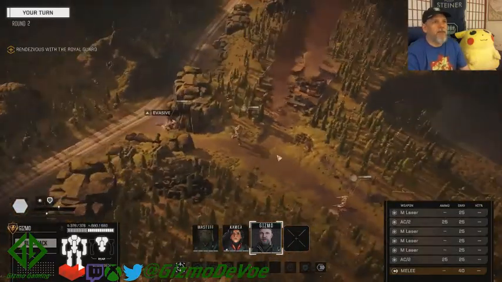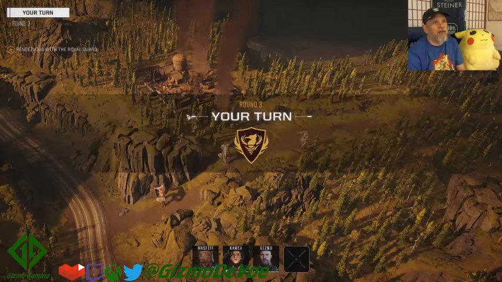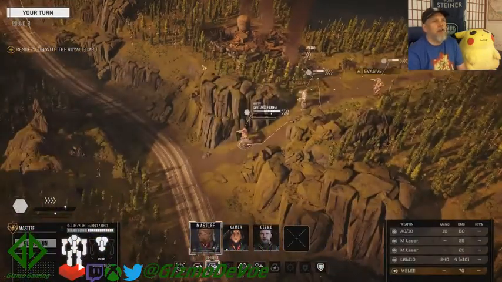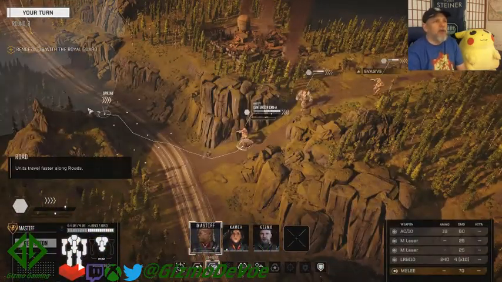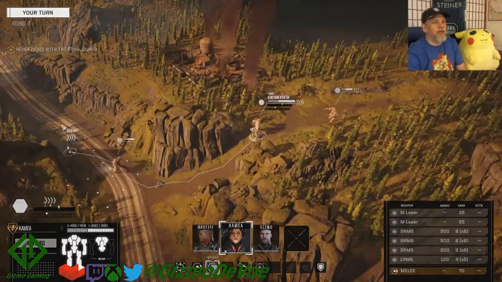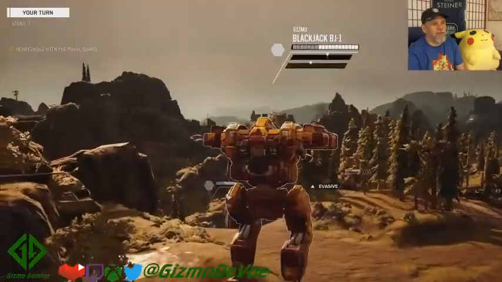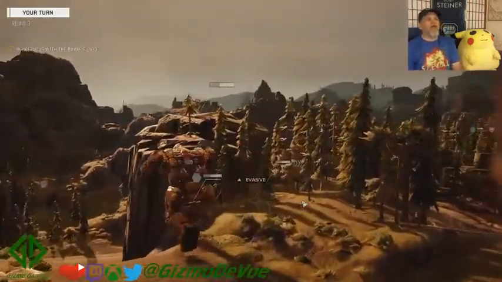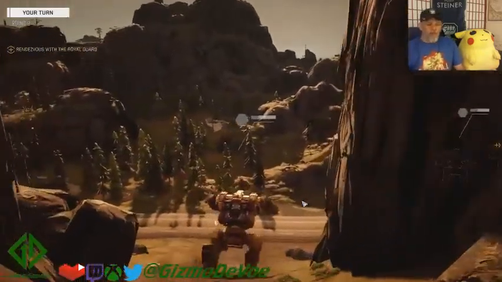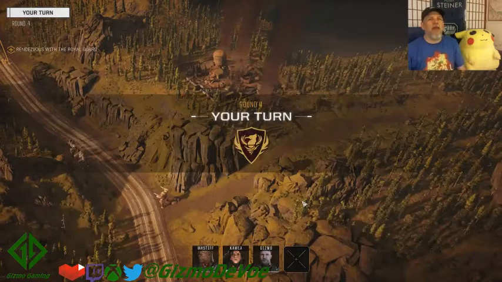When I first played it, I practiced doing a bunch of stuff like getting in position. So I had somebody up here in the cover with a good line of sight on the road. I had somebody else down here having some cover from the wall there. So when you're playing this for real and doing these missions, you do want to try to find a way that you can